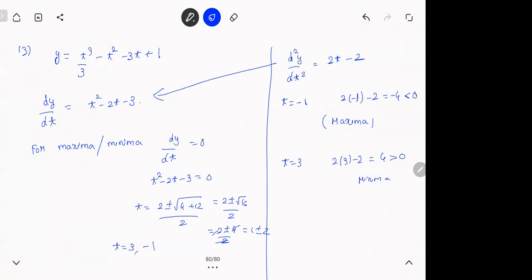We differentiated the second time, that much is clear. Now we got 2t minus 2. The problem is that t has two values, minus 1 and 3. The double differential is also depending on time. So when you keep t as minus 1 in the double differential, you substitute it in here, you are getting a negative. We know if the double differential is negative at a particular value, that means it's the maximum. When you keep t as 3, you are getting plus 4. So at a particular value, if the double differential is positive, it's the minimum. So minus 1 is maximum and plus 3 is minimum. So yeah, B is the answer. But when you get two roots, you have to do this thing.